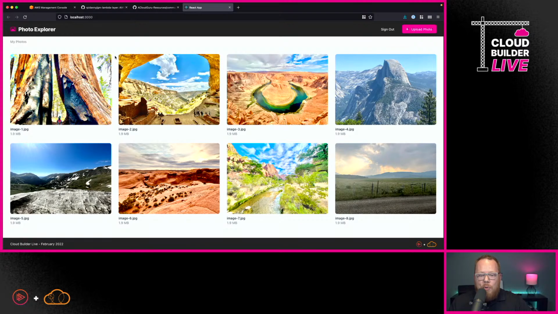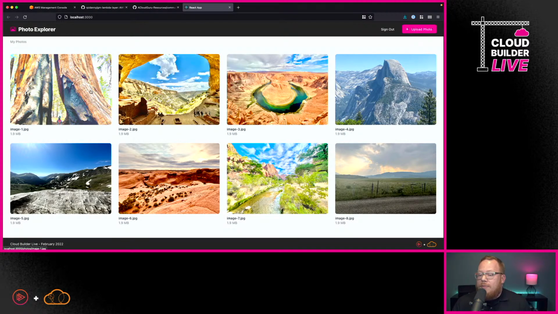So bonus points if you can actually pick out some of the national parks in these pictures. But what we're doing here is we're actually going to build an application that first can be hosted in the cloud. Right now, I'm just running this locally, but we want to be able to use AWS Amplify to really make this work. The next thing that we're going to do is we want to be able to make it so that we can have users log in, so that it isn't just open to everybody. We also want to have it so that we can protect an individual user's data, and we want to do some cool things with photo processing.